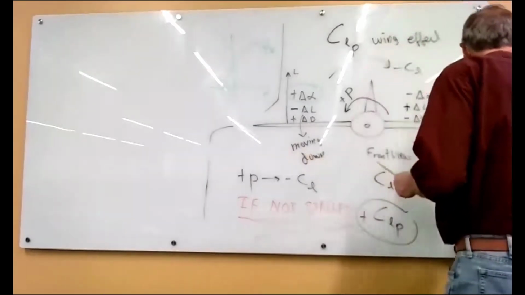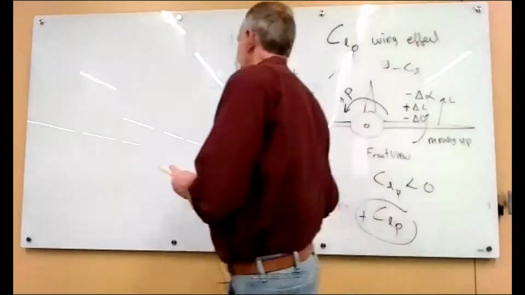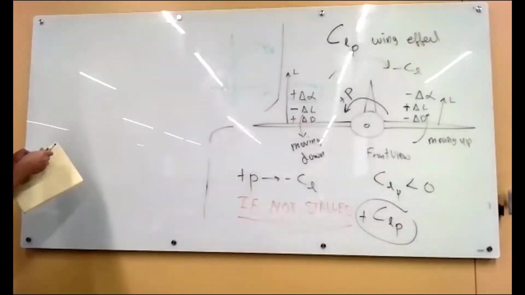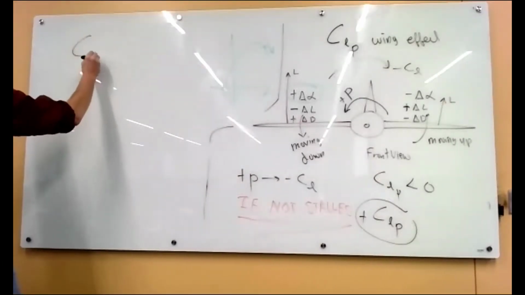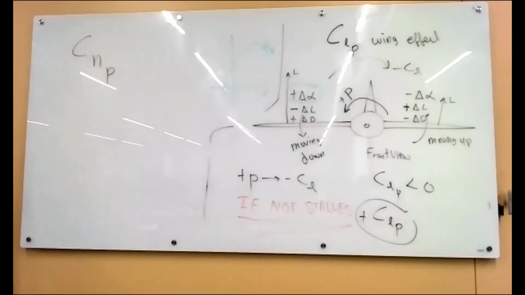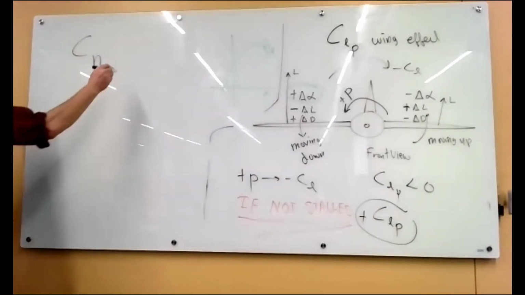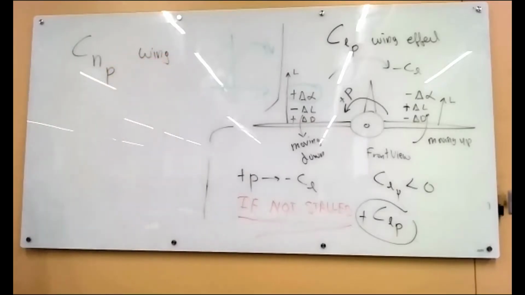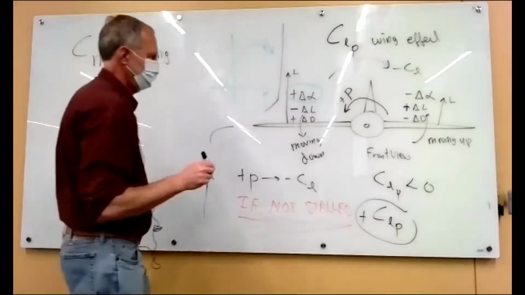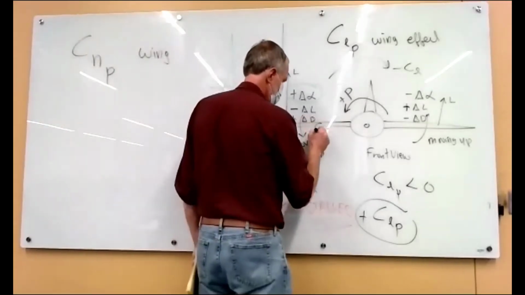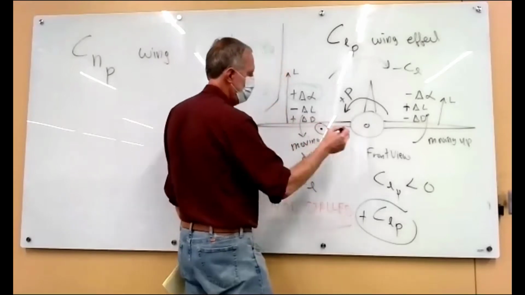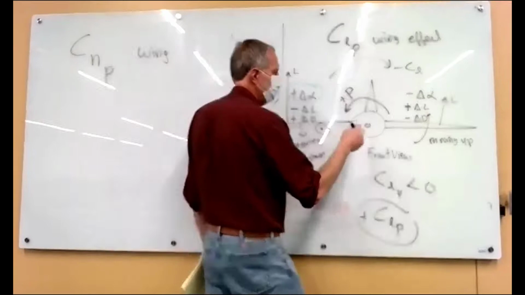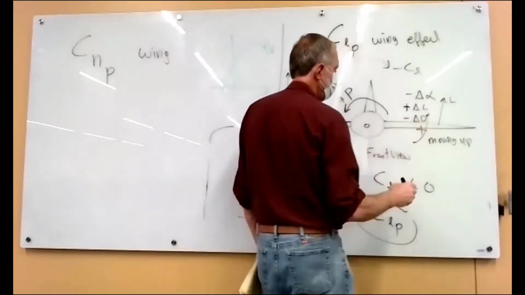All right, so now we want to look at the yawing moment due to this same effect here. So we're talking about C_N_p. We've already talked about the vertical tail, so now we're just talking about the wing. So what do the drag vectors do? Because it's the drag vectors on here that are going to cause the yaw. So we have a drag vector coming out this way, a delta drag, and then we've got a drag vector going into the board there,